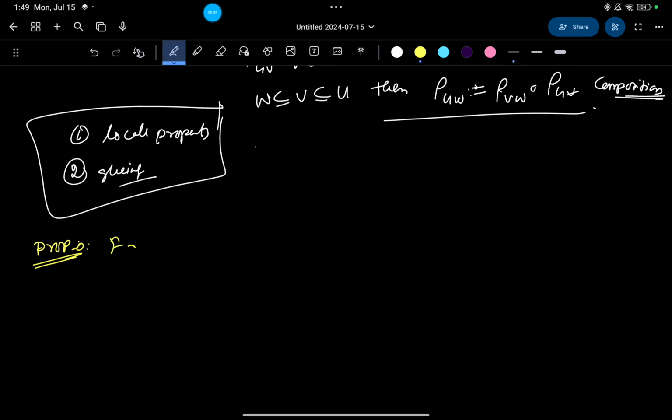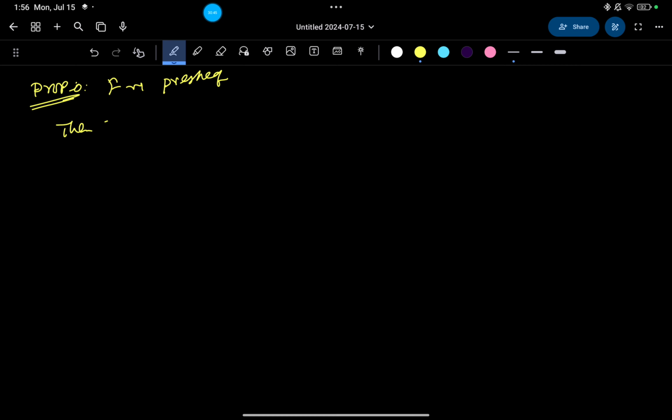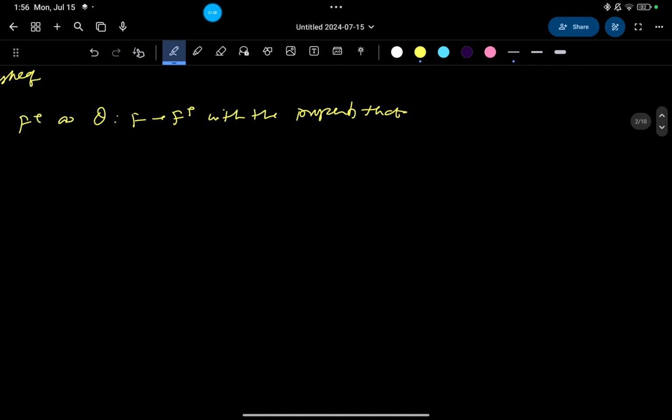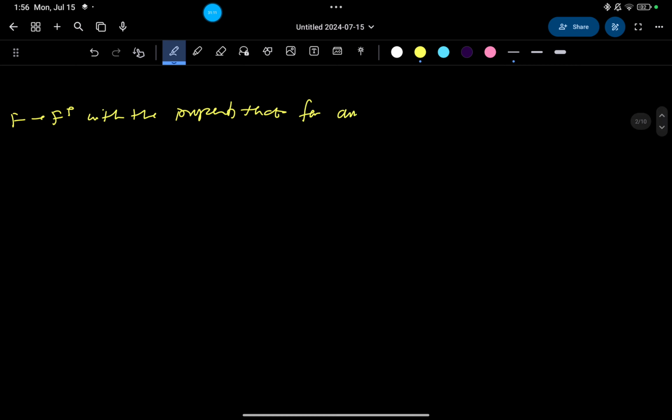This says that suppose we have F, a presheaf, then there exists a sheaf F plus and a morphism, let's say theta, from F to F plus with the property that for any other sheaf, let's say G, if there exists a morphism phi from F to G, then